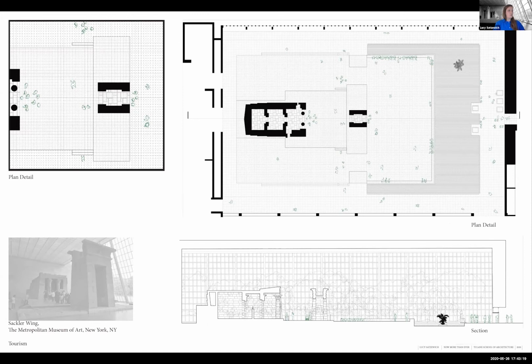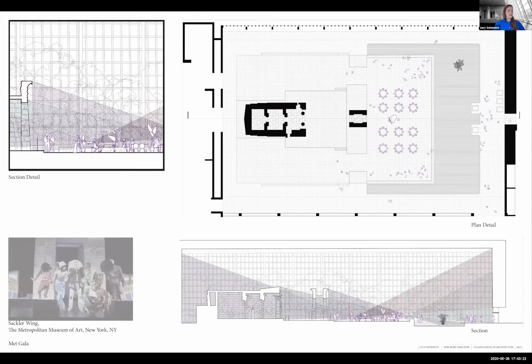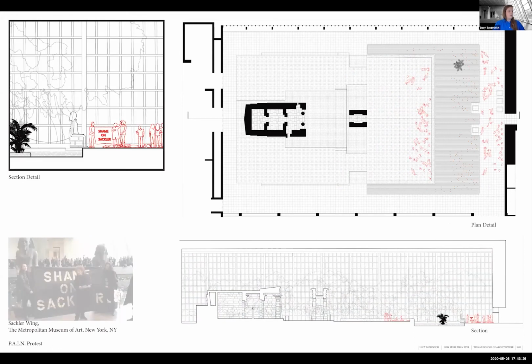It is also home to the Met Gala, an annual event characterized by pomp and excess, and can be a site of protest. For example, activist organization PAIN, Prescription Addiction Intervention Now, headed by photographer and recovering opioid user Nan Goldin, have done similar demonstrations in the Sackler wing of many galleries. They call for Purdue Pharma, Mundipharma, and Sackler pharmaceutical companies worldwide to forfeit all profits from OxyContin as restitution to the communities and families that they've destroyed.